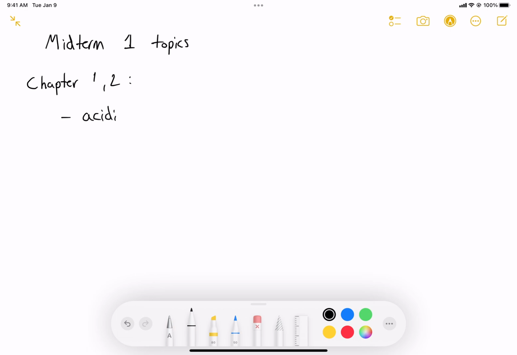You should know acidity of compounds. So which has the most acidic hydrogen. So acidity and basicity of functional groups. So what functional group is the most acidic and which functional group is the most basic in the compound? And which one of these bases are the most basic? Okay, so with acidity and basicity, you want to know about hybridization